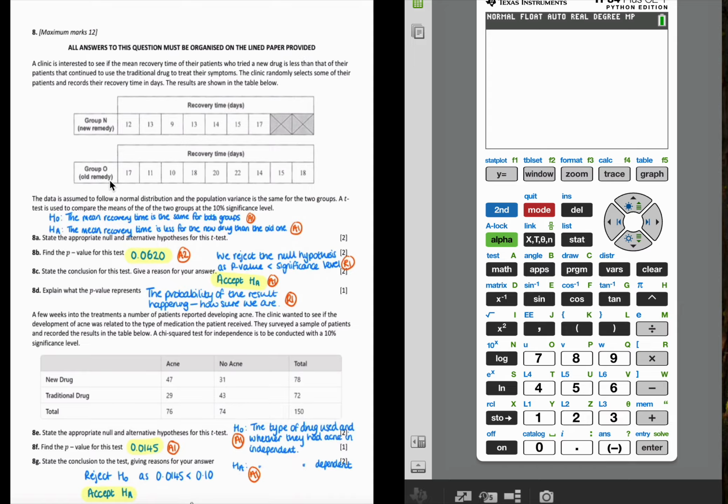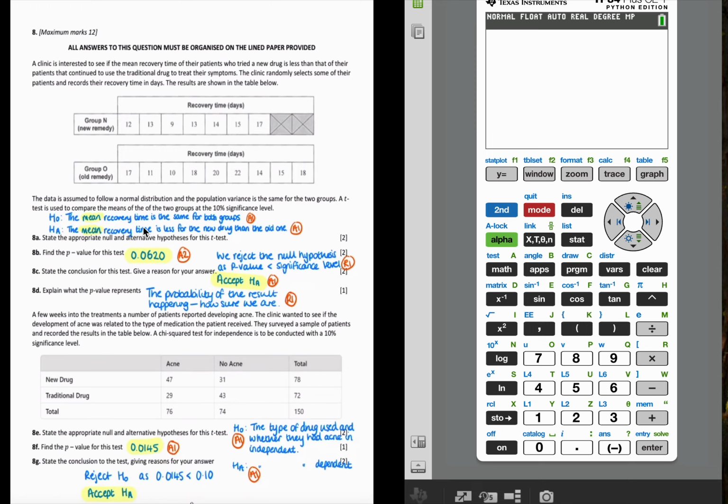And we're asked, if we're going to do a t-test, to state the null and alternate hypothesis. Now, every time you do a t-test, the important thing is to mention that word mean, that the mean is the same for both groups. And then you have to look at the question to see whether it's equal, greater than, or less than for the alternate hypothesis. Now, obviously, we want to see if the new drug is better, so therefore less than the